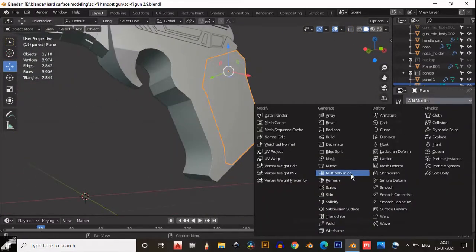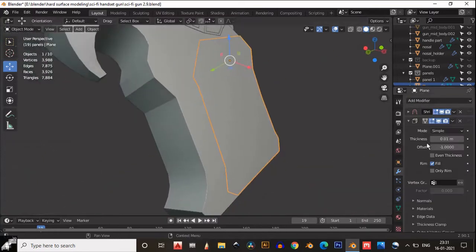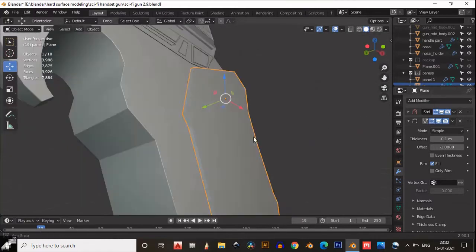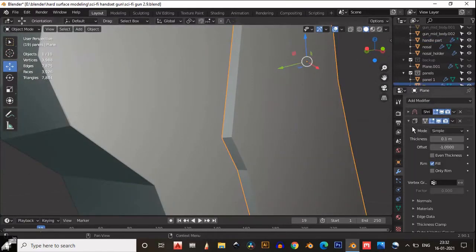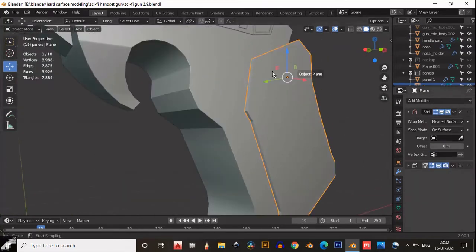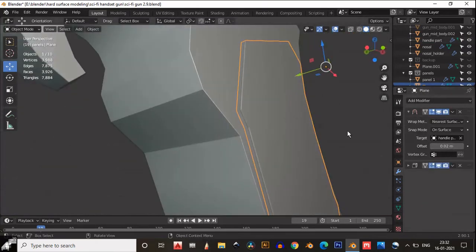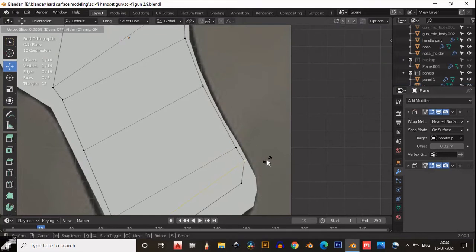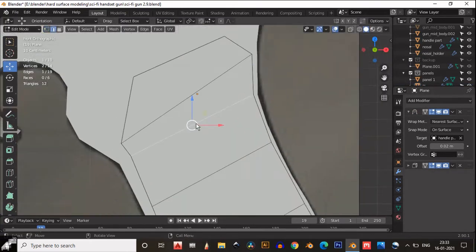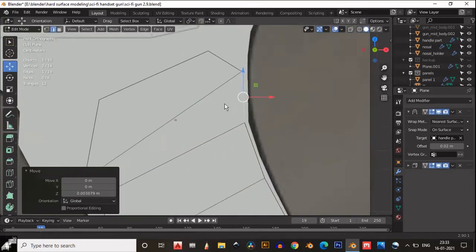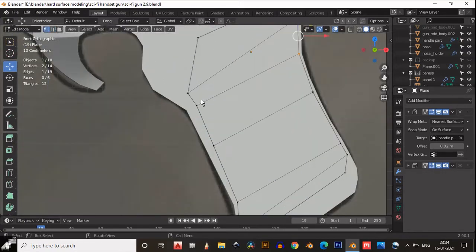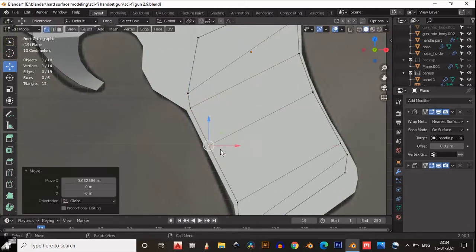You can see we have created this panel shape. Then add a solidify modifier and add a shrink wrap modifier. Shrink wrap modifier should be on top of your solidify modifier. Okay, then give the thickness for the solidify modifier and then use the shrink wrap modifier. Just target your handle part like this, and then you can increase the offset amount right there to fix your panel. Just give the proper shape for your panel.